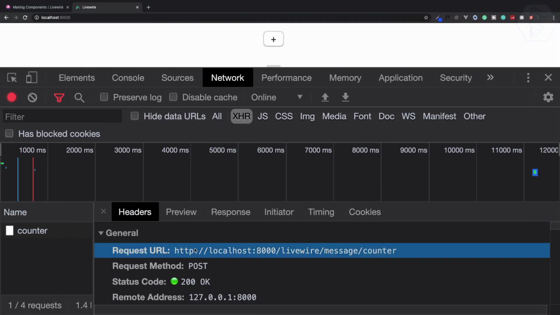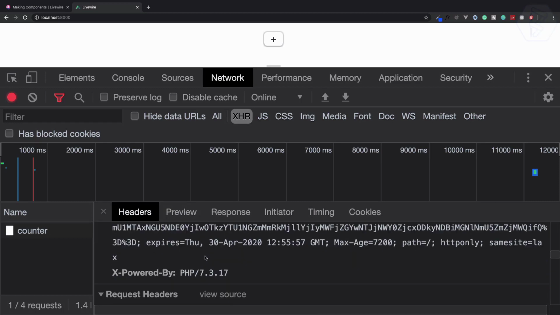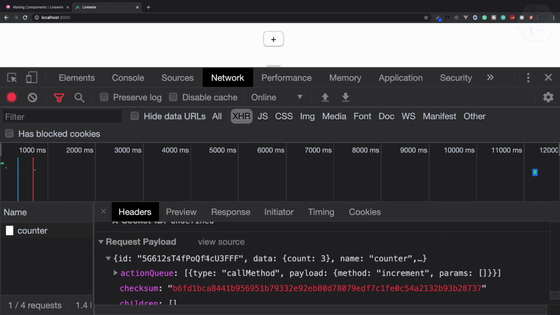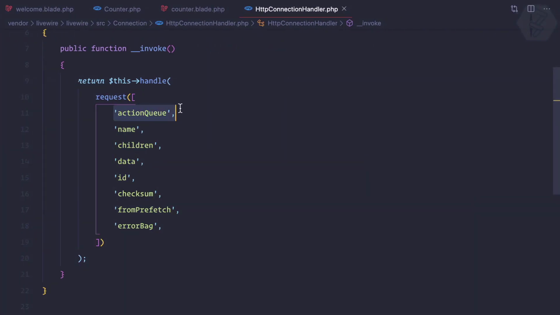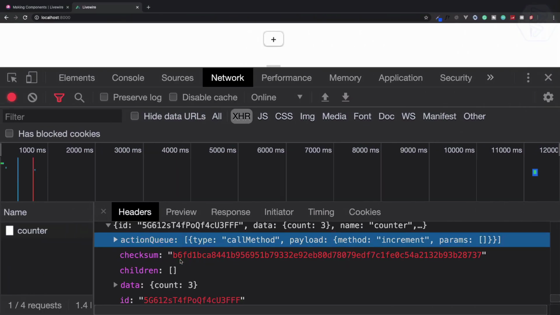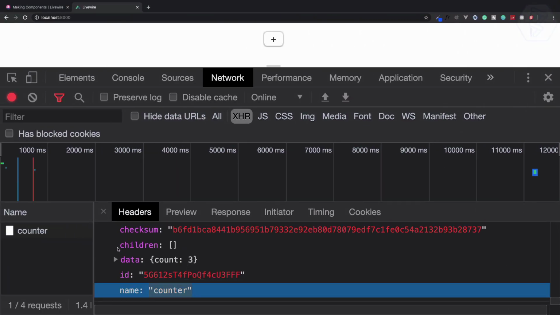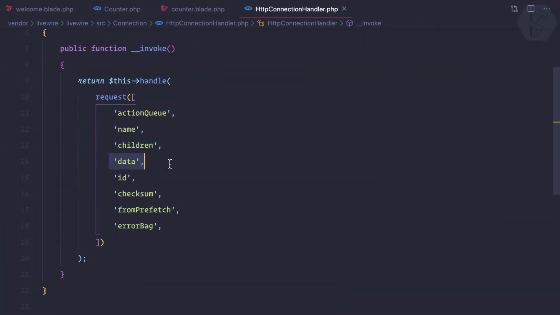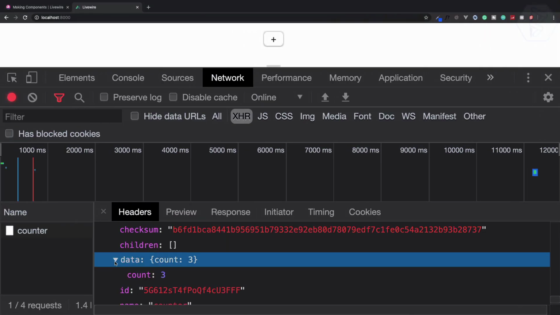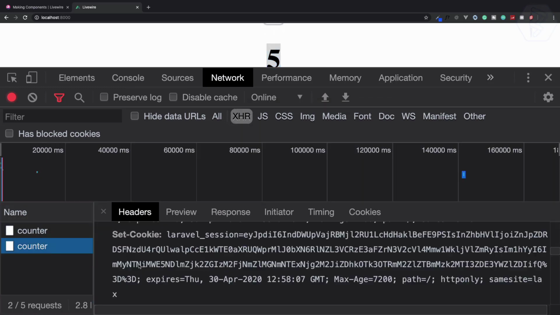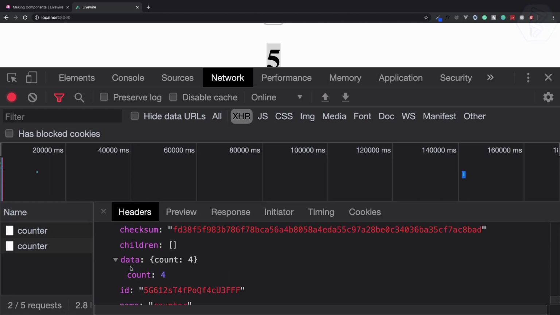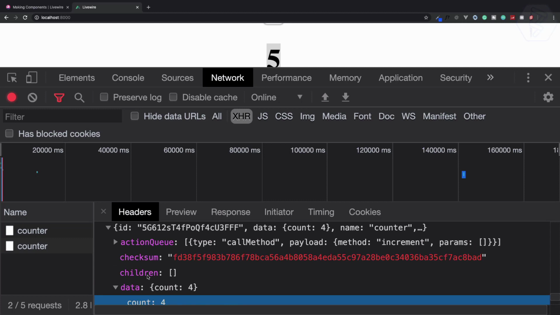So you can see from this route it is handling, and it is sending the data, and the request payload has an action queue which is required here. You can see action queue, then name, children. So we have name here, then we have children which is not available for now, then we have the data, and data is the previous data we have on our component. So whenever I click once more, you can see now it has become 5, and now we also have one more AJAX request. In this AJAX request we have a previous data which is 4, and we have this checksum,